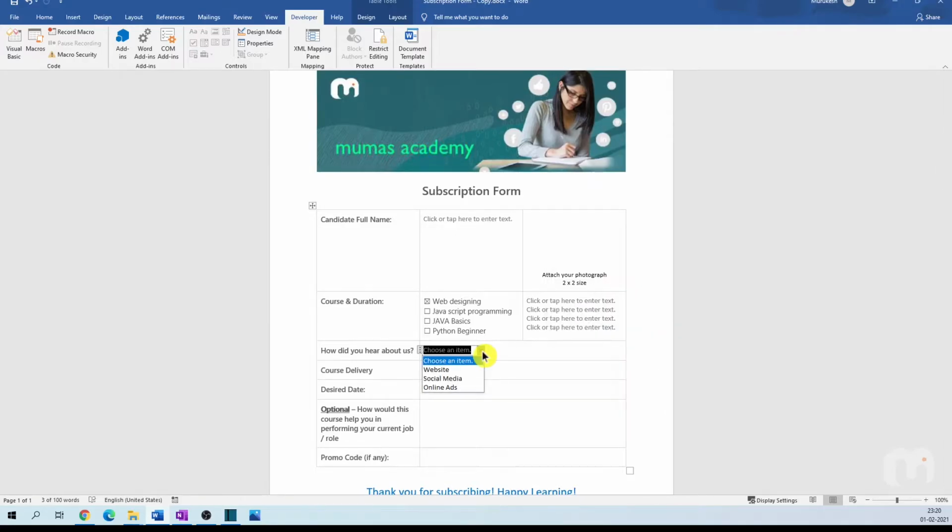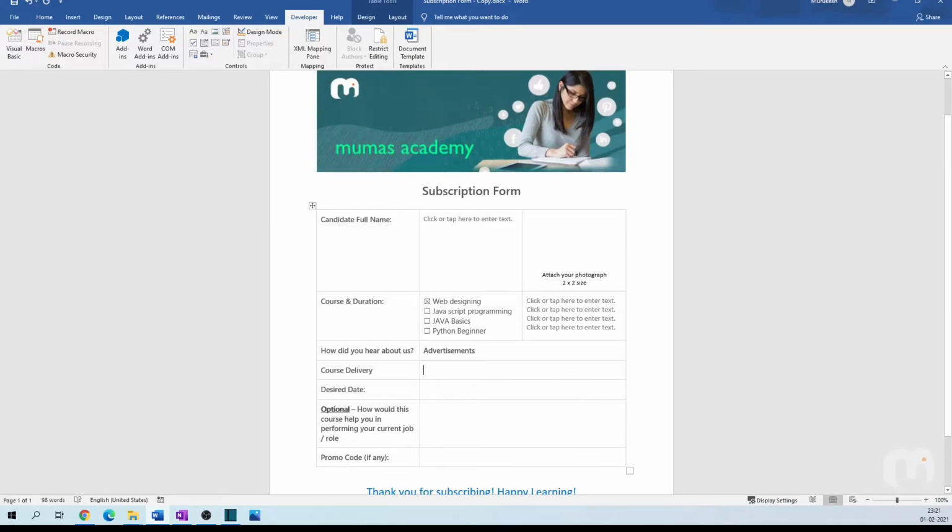Now when I click on this drop down list, you will see a lot of other options appear. I mentioned that with a combo box, you can also click on it and type in your own option. For instance, here someone could go in and type in advertisement and this works.